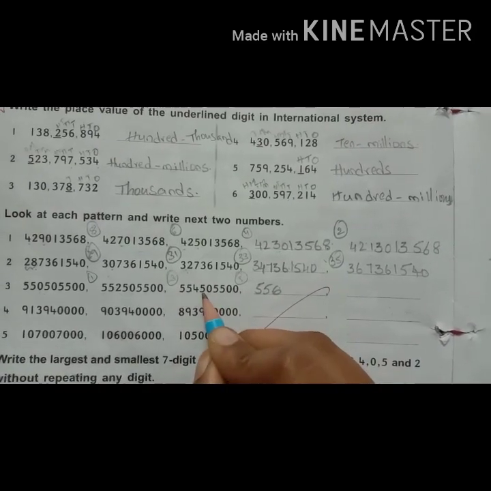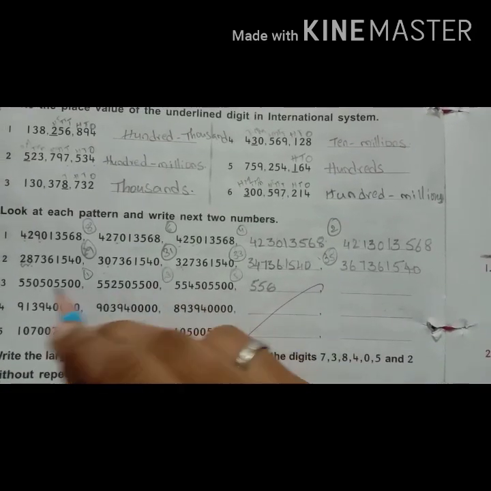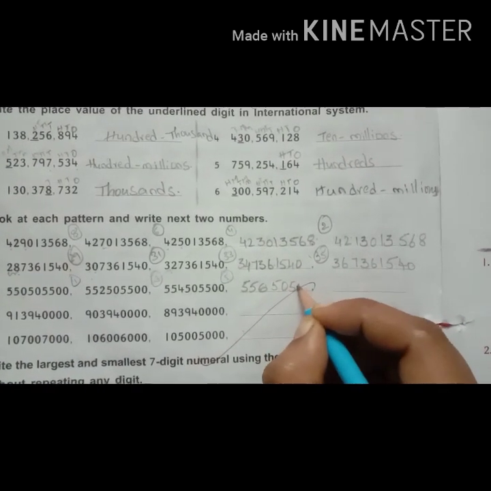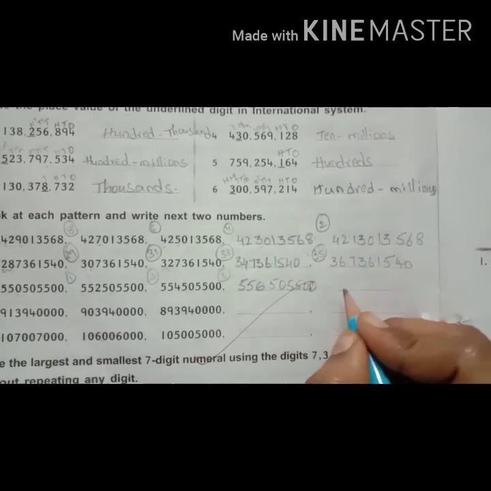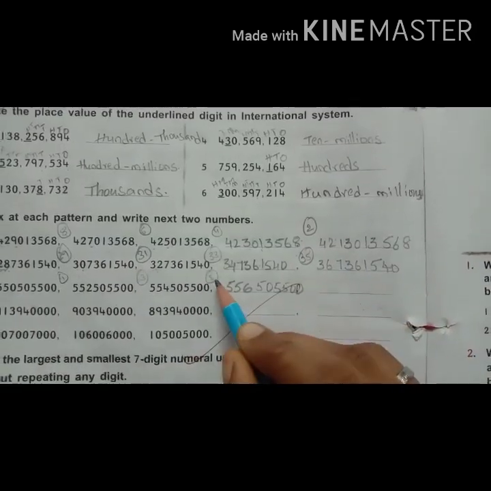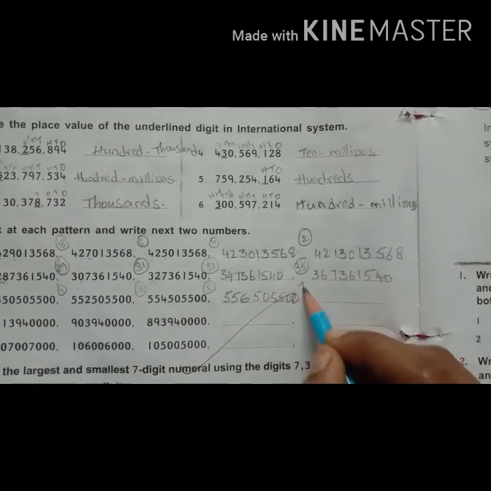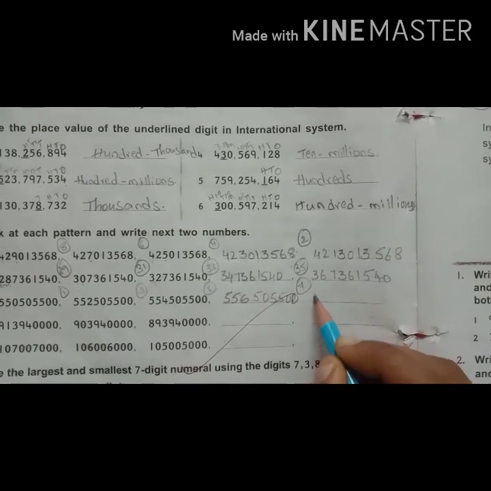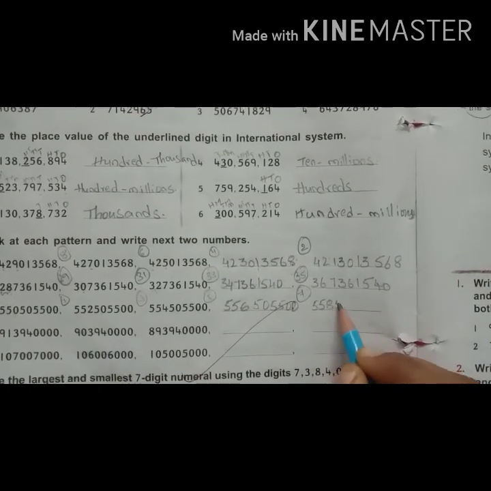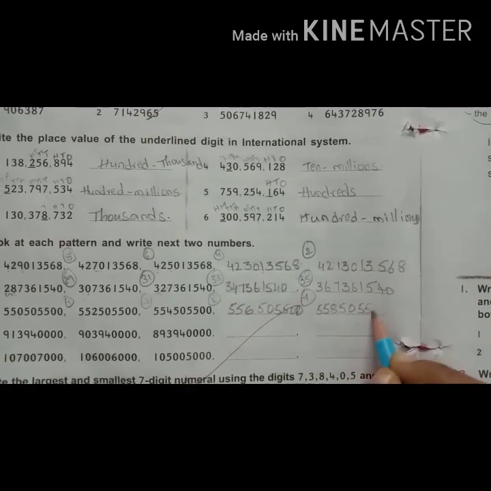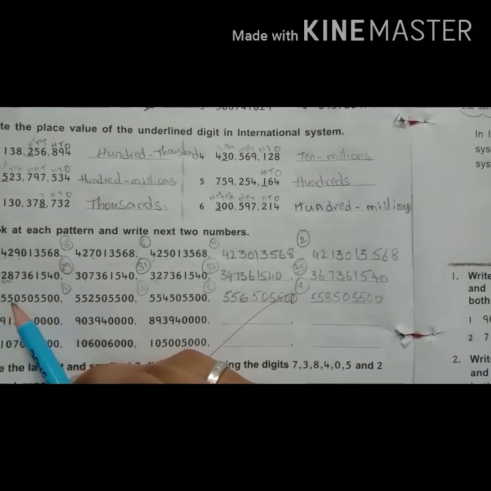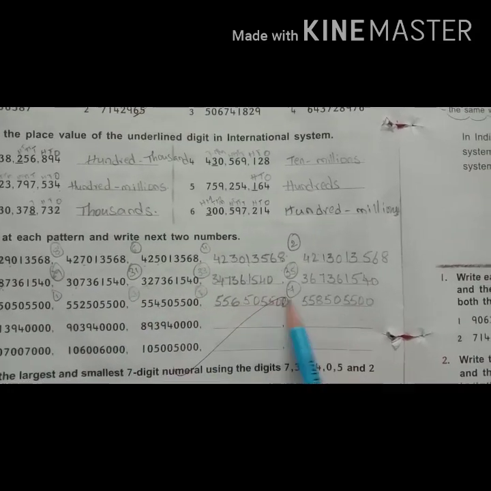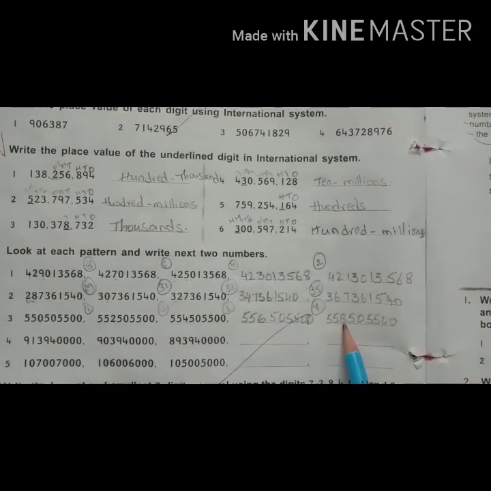Next, what is the number? See, children, here the numbers are the same. So write 6, 5, 0, 55, 00. And next, see which number we have to miss? 5 after 6, 6 after 7. 7 means, again which number we have to write here, children? 55, 8, 5, 0, 55, 00. See here 0, 1, 2, 3, 4, 5, 6, 7, 8. Okay, did you understand this pattern?